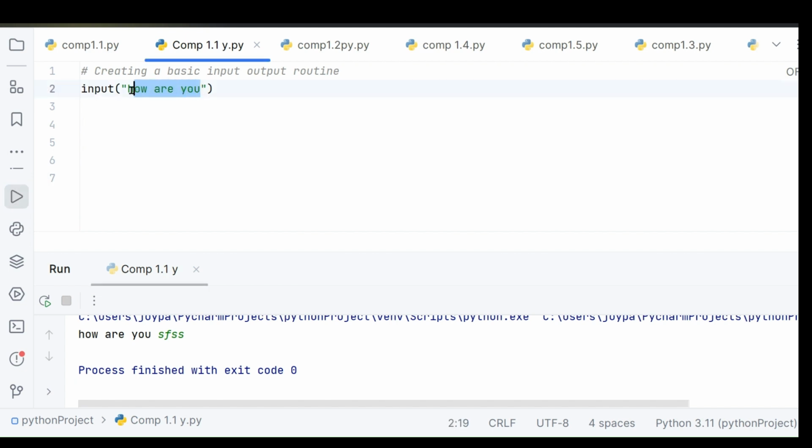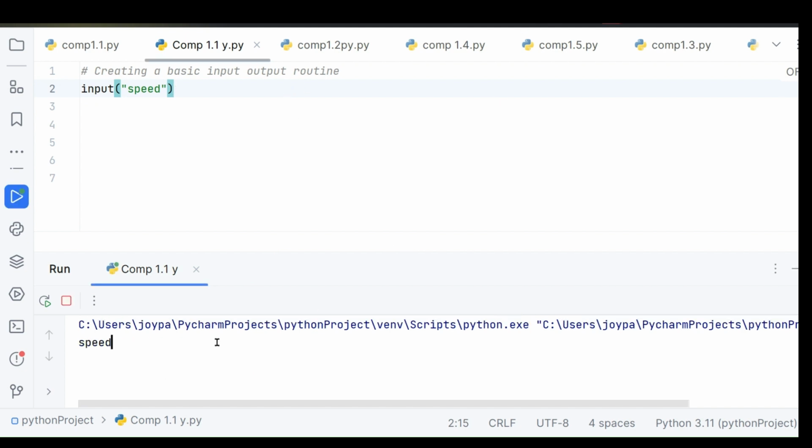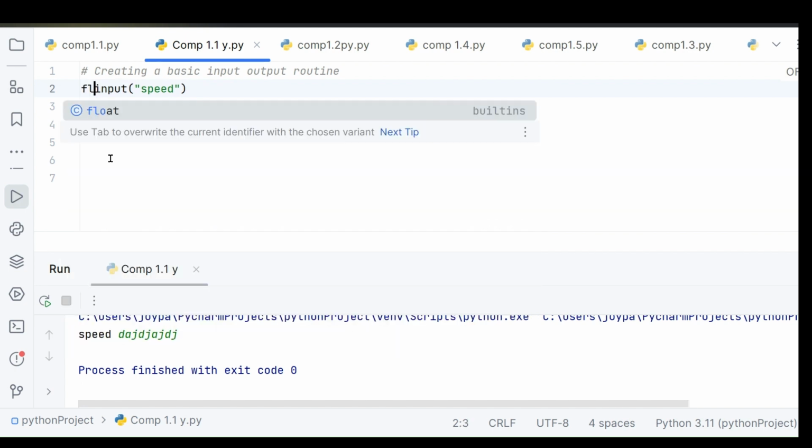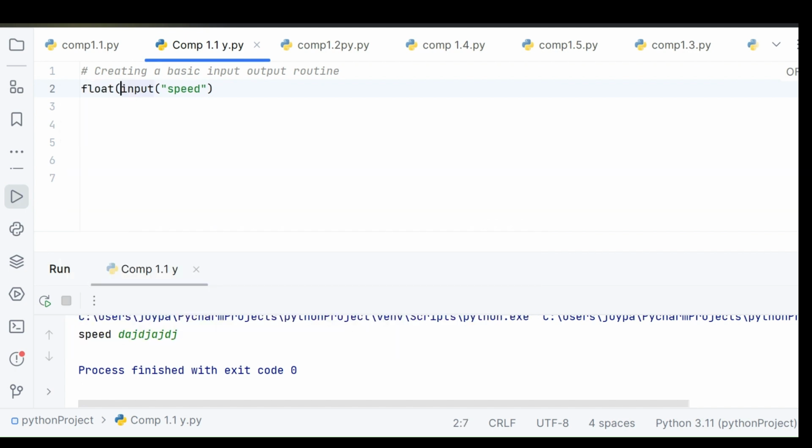Now, let's change this to speed. This is one of the quantities we need to know. I'm going to put input speed. Cool. Now, logically, we are going to want a number out of this, but the computer doesn't know that, so I can just put in anything, and it will say fine. So we need to create a situation where the computer will only accept numerical quantities, and this is done by the float command. So I'm going to type in float here. So float, put another bracket,